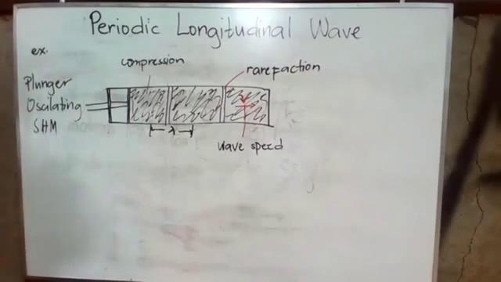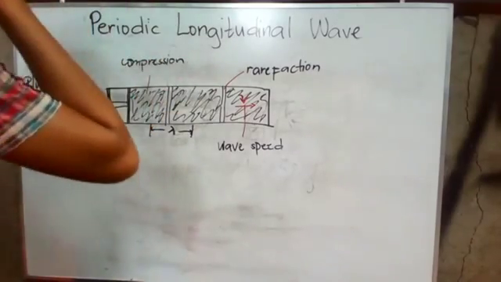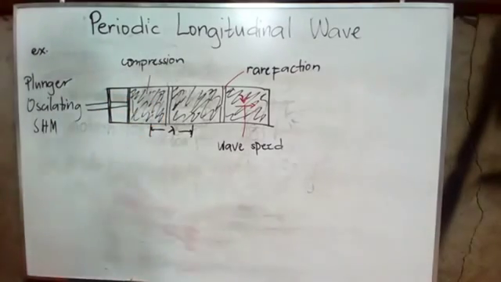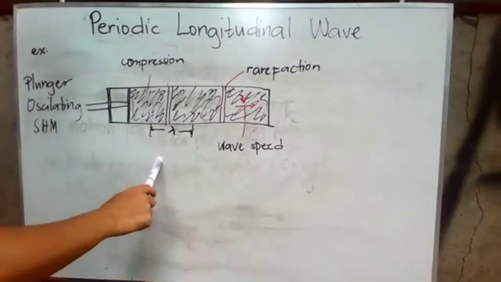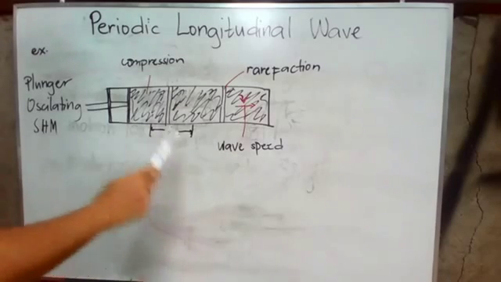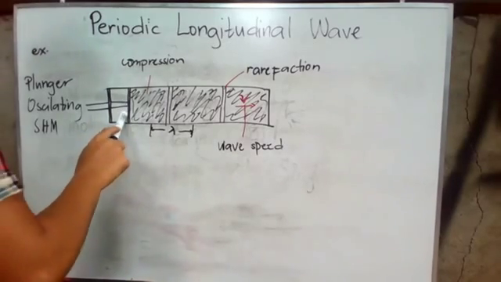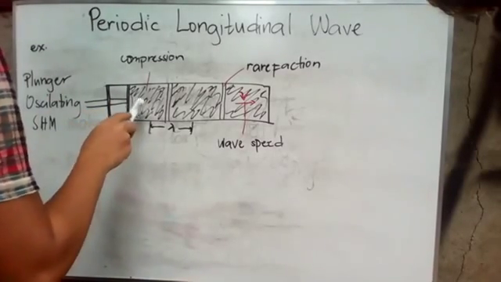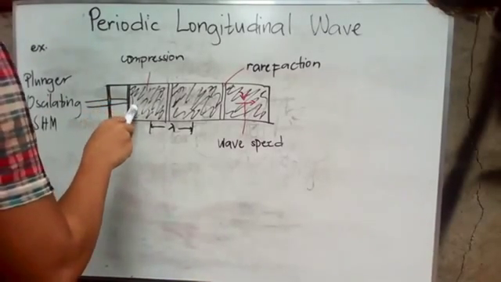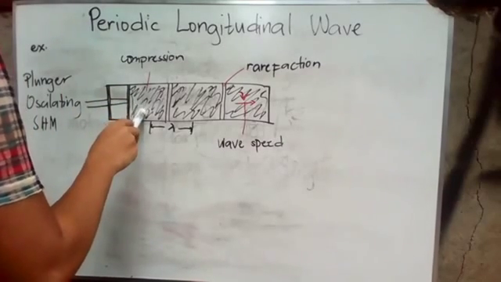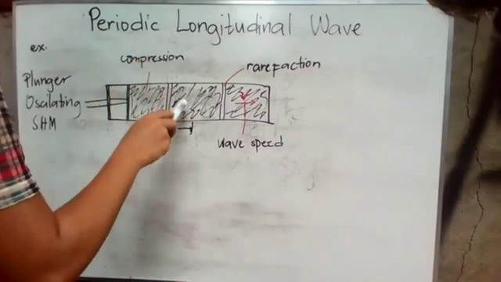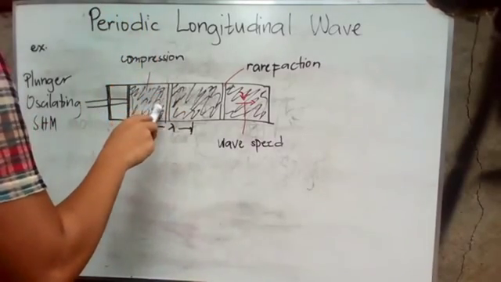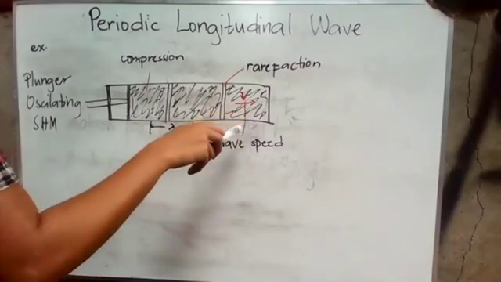Now we also have what we call the periodic longitudinal wave. To understand the mechanics of this wave, we consider a long tube filled with water or fluid with a movable piston at the left end. If we push the piston in, we compress the fluid near the piston, increasing the pressure in this region. This region pushes against the next region, and so on, and a wave pulse moves along the tube.